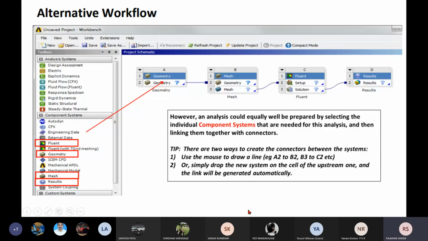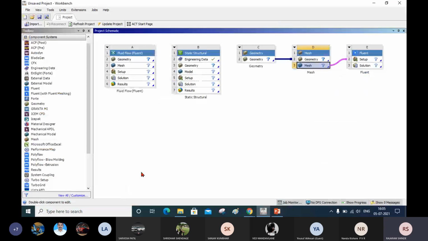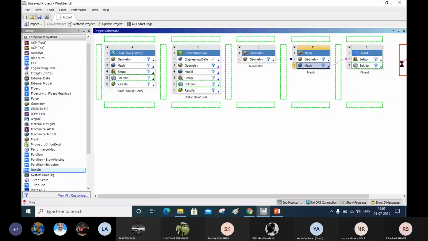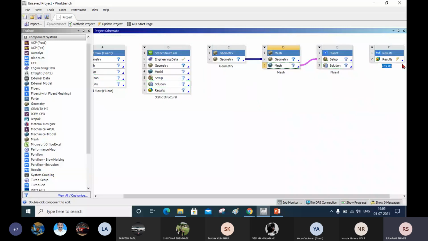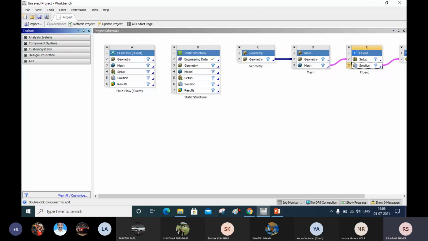Okay, you can connect the results also. Use here, and I will share this solution with the results. You can see here. Now in this way we can do the addition of different tools in our Workbench project. Here you will get all the things, that is Fluent, geometry, mesh, setup, solution, results. You can do by any way. Okay. Now next one,